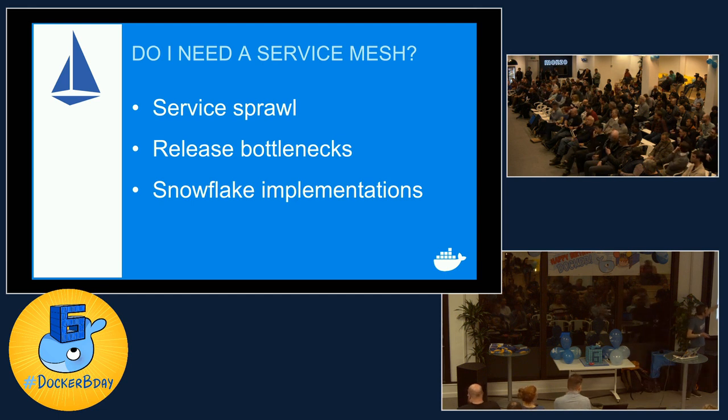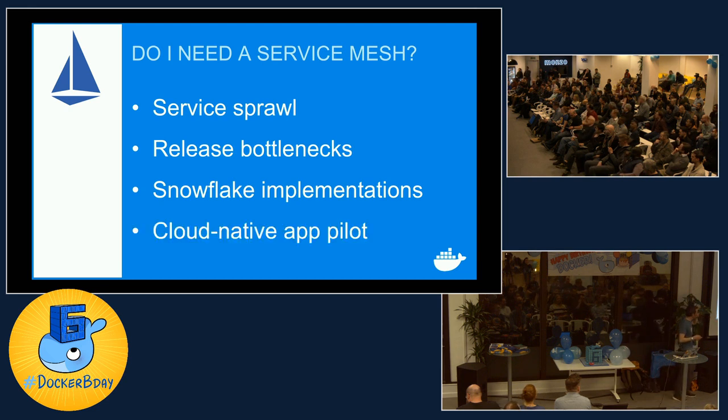All the code, all the logic that you need for secure communication and reliable communication between components, it's probably already there, but there's a different implementation in every single bit of your application. So if that's going to cause you pain, which it will eventually, you can cut all that stuff out and leave all that to the other layer.